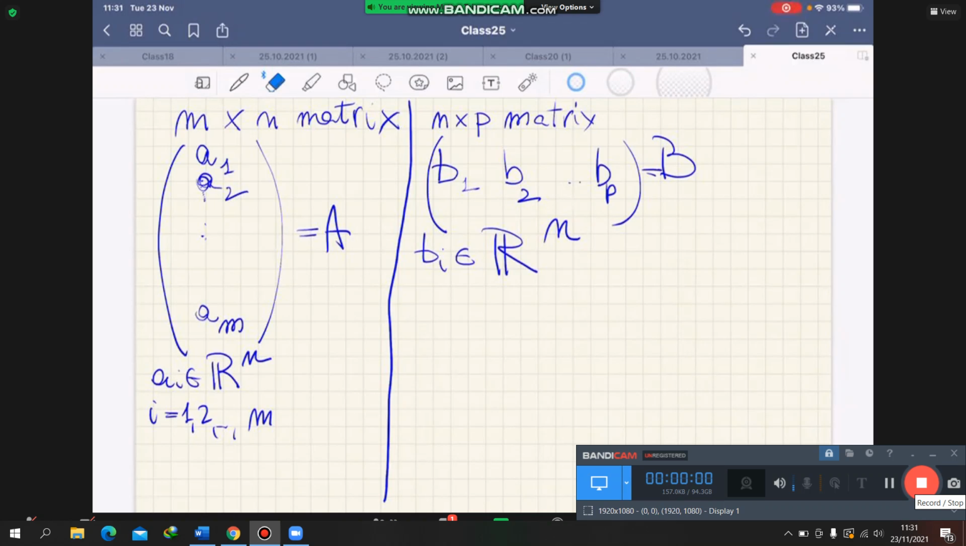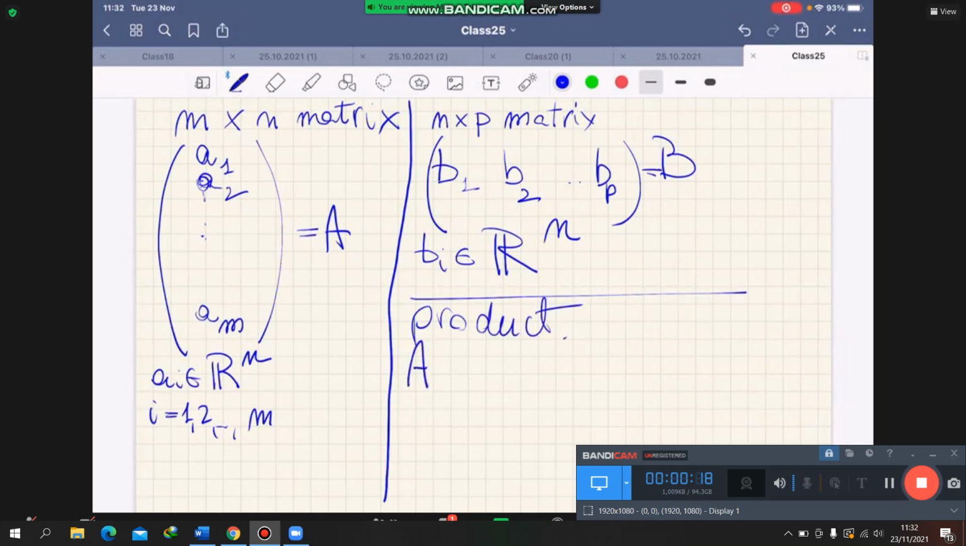Try to review it at home, this reasoning. And if we want to make the product A, B, I, J, where I equal 1, 2, M, J equal 1, 2,